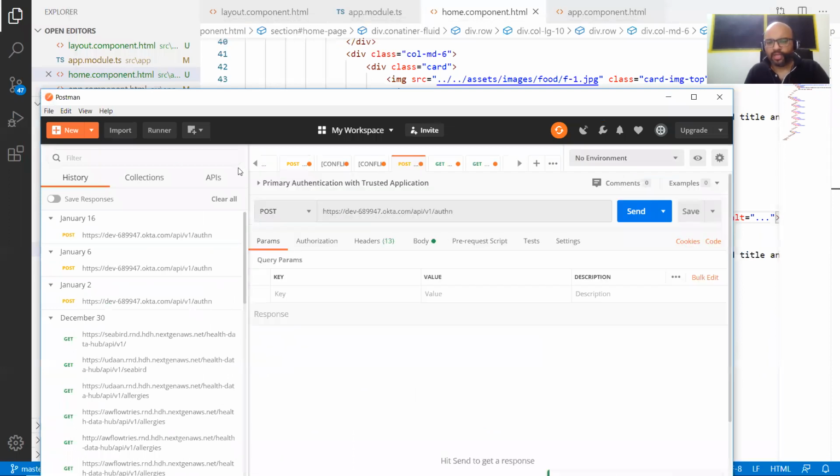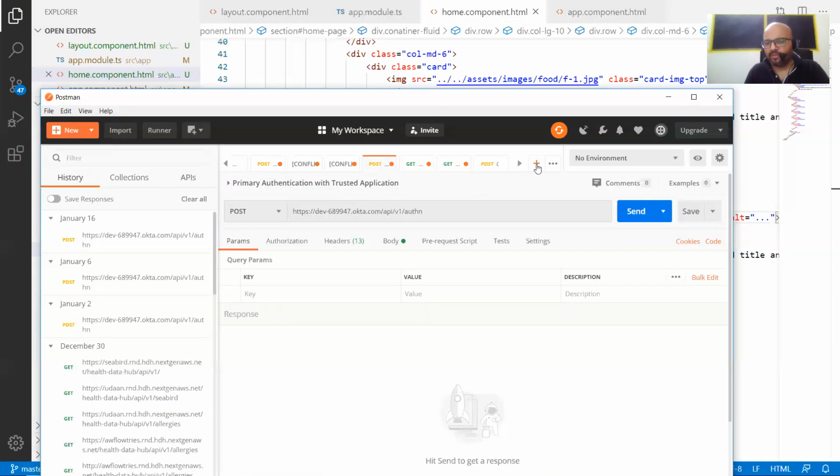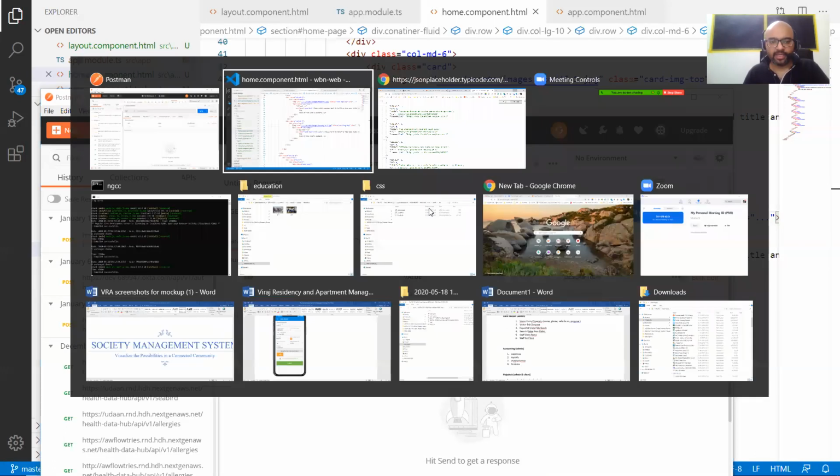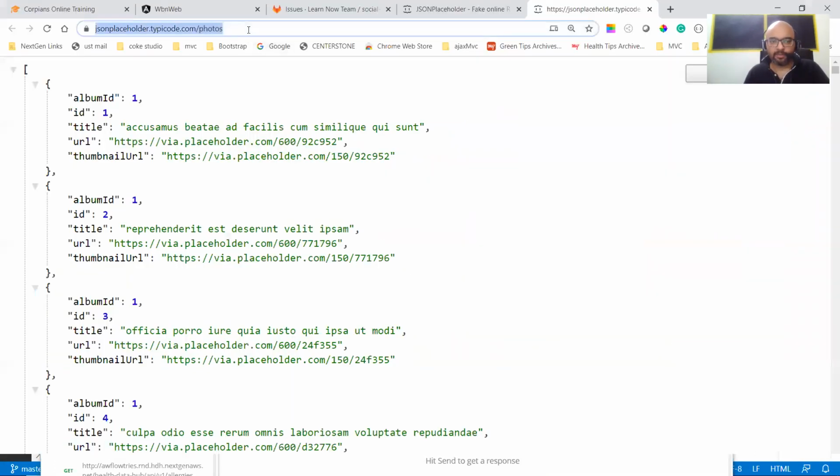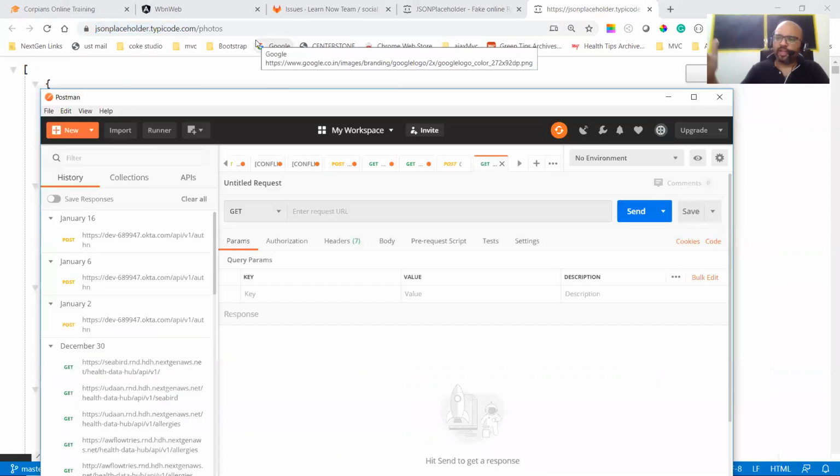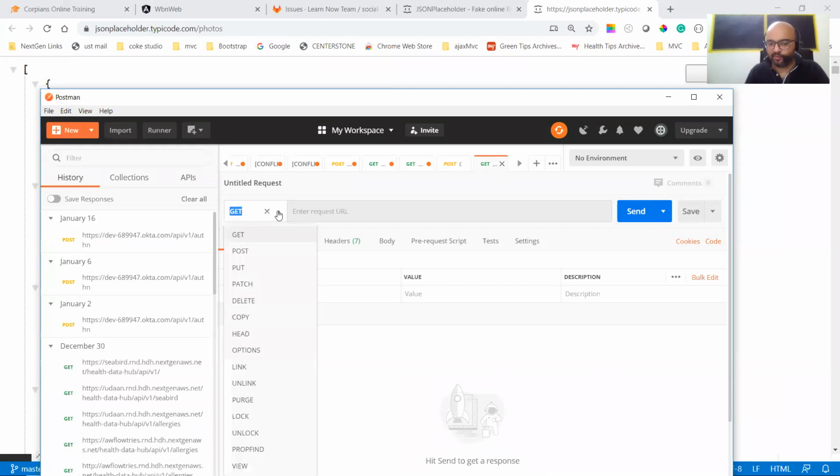I mean, you can test almost any kind of API with this. There are so many tabs which I've tested already. So I'll click on this plus sign, which means a fresh API. What you want to test? I say I want to test this API. See it carefully, how you can test any kind of API through Postman. As I said, what kind of method we want to hit?